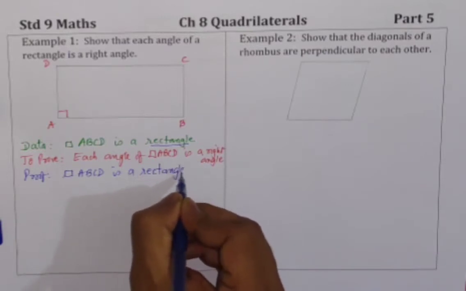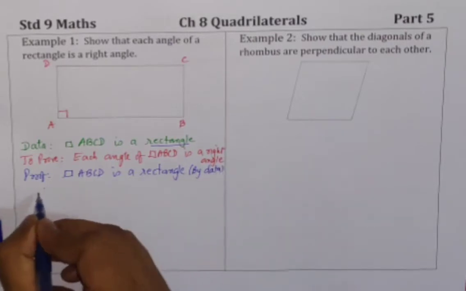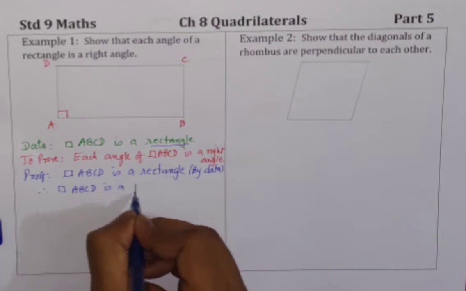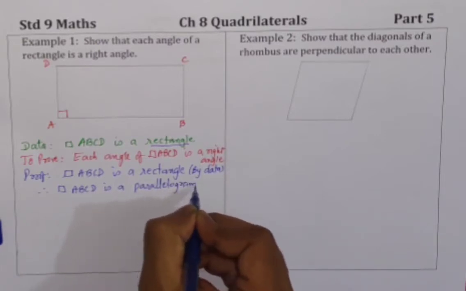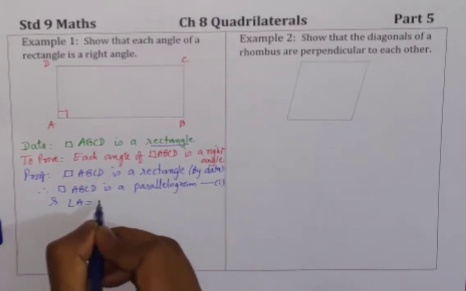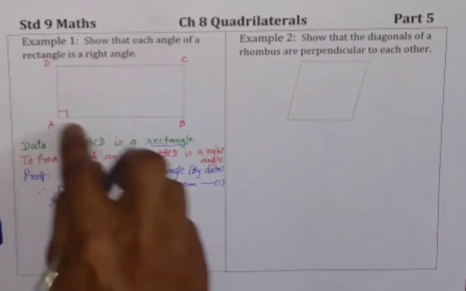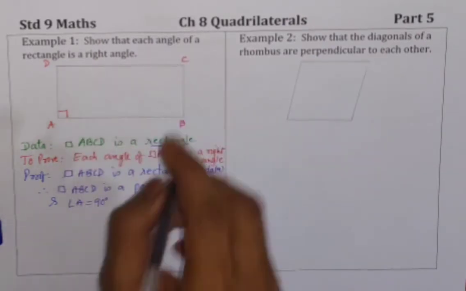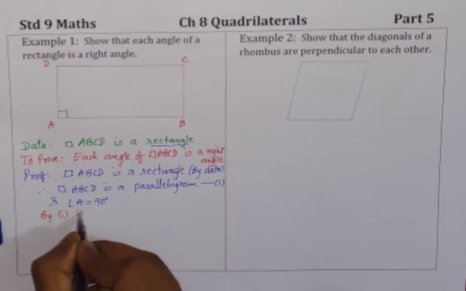कहां से मिला आपको ये? Of course, by data. Therefore, quadrilateral ABCD is a parallelogram. True or false statement भी है. उसको कहो 1 and angle A is equal to 90 degree. Now, quadrilateral ABCD parallelogram, so opposite angles are equal. Angle A equal to angle C. Okay? By 1, it follows